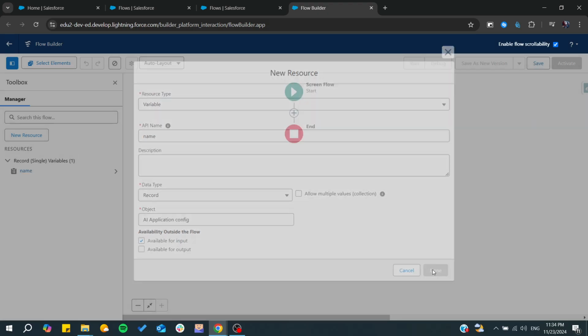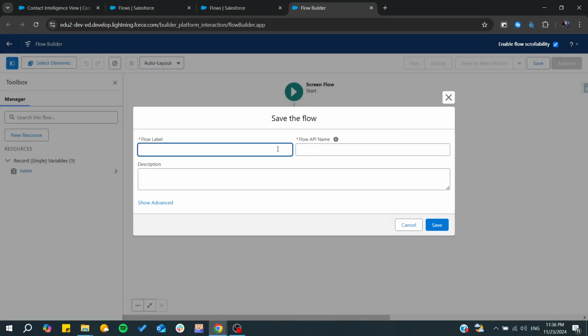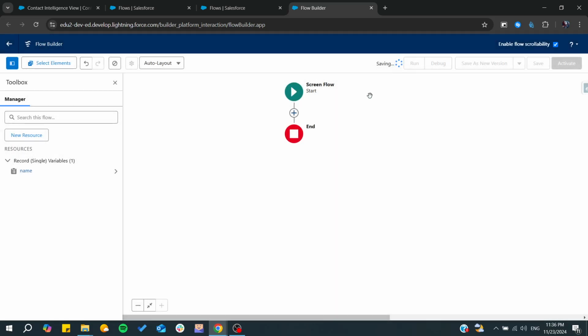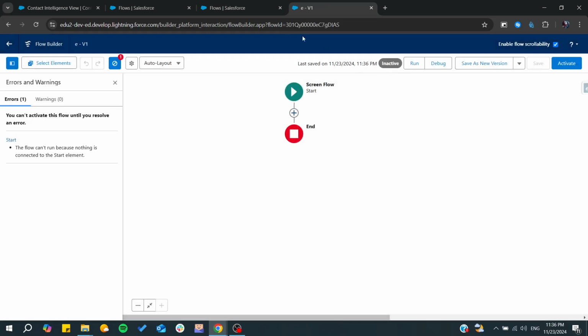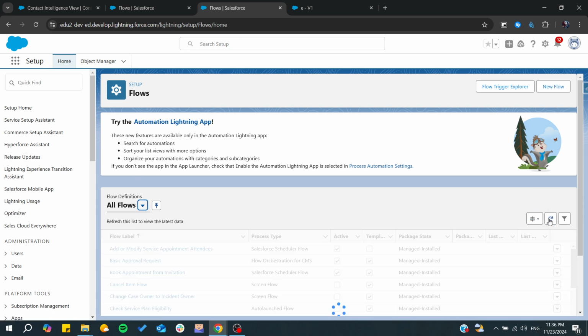So here we are going to click on done, and after that we will need to check the record ID option from the app builder page. So now simply save the flow, give it a name, and for the API name I'm just going to give random names, and from there you will need to go to the flows, and let's refresh, and we